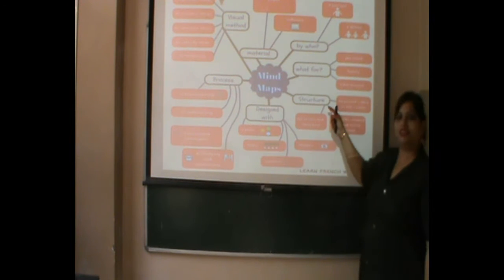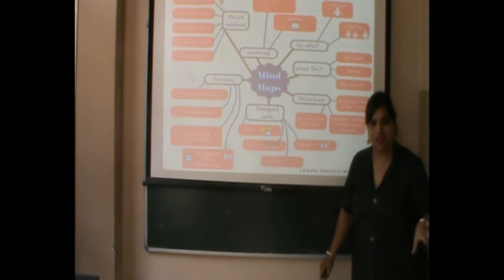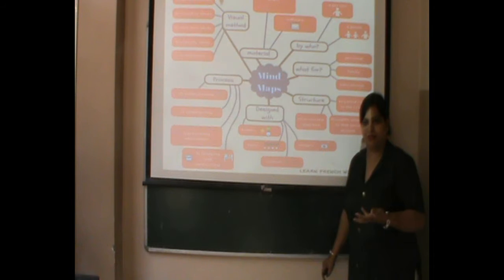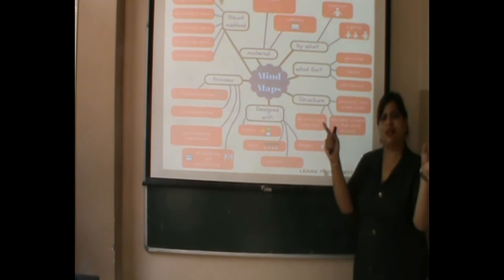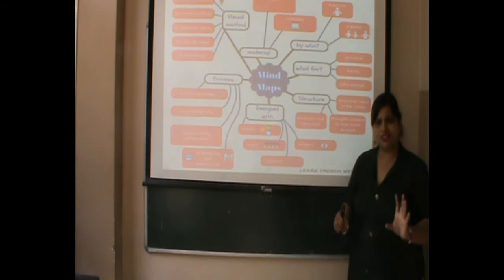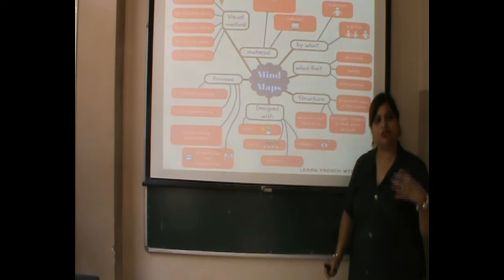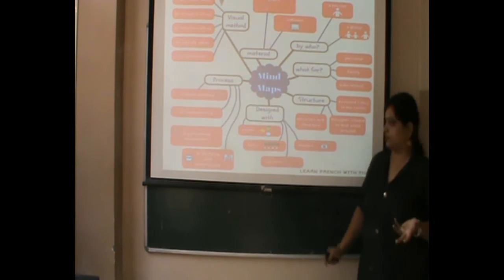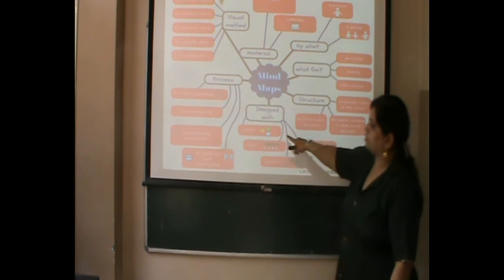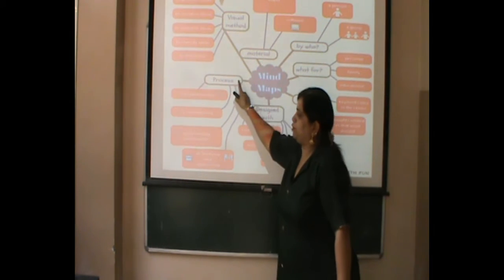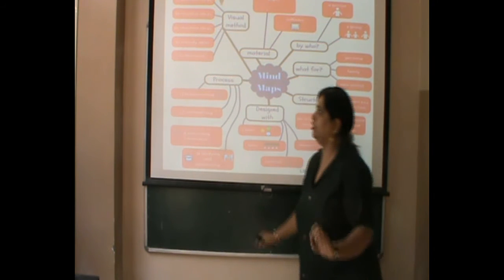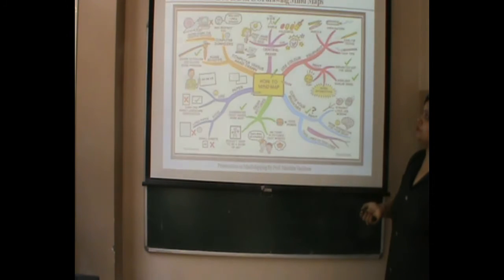Now, structure, it doesn't have any kind of structure. I will show you a few pictures of mind maps in which structure branch by branch is not important. It is just a general branch by branch, but you have to make use of colors and the images so that the students actually remember all the things. And we make use of colors, and it is a process of brainstorming and summarizing your information.